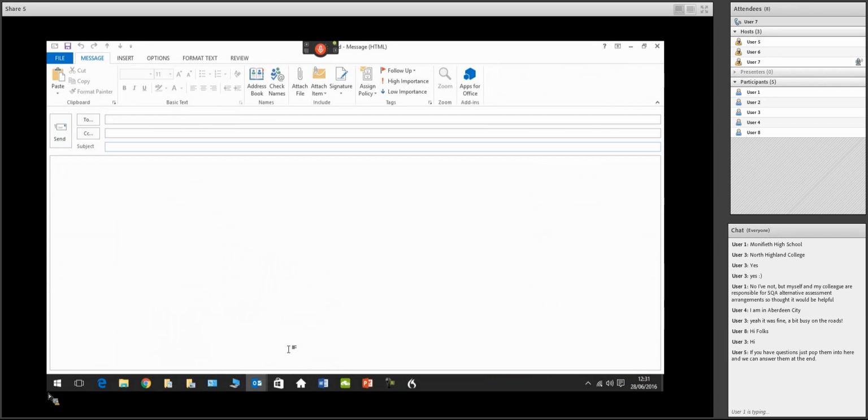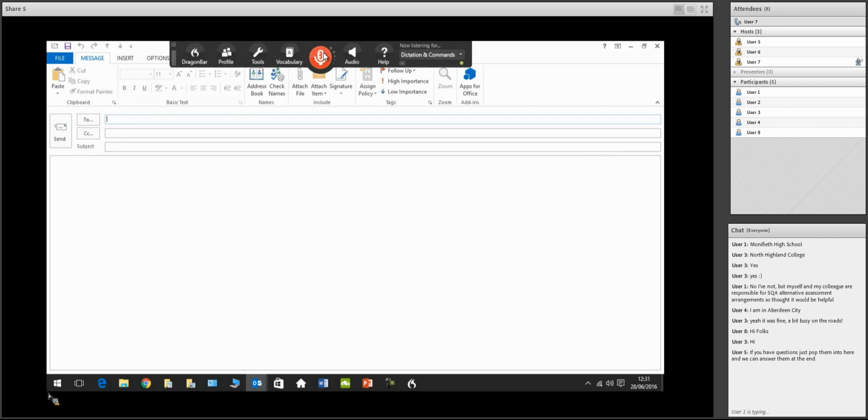Just opened up Outlook email here, and I will demo how very quickly you can be writing an email and how you move down from each box here. So clicking into the first box here for the address, I'm going to now click back on the microphone here. jackwilson@hotmail.com. Tab. Summer holidays. Smiley face. Tab. Dear Jack,